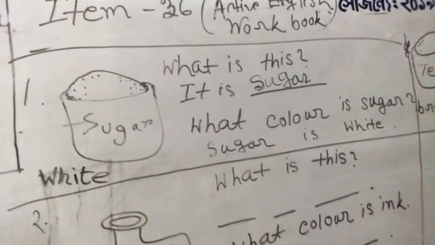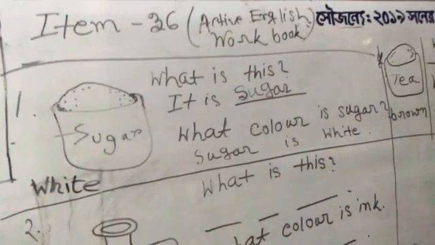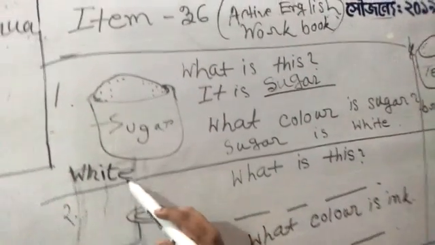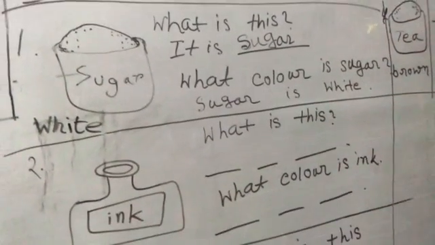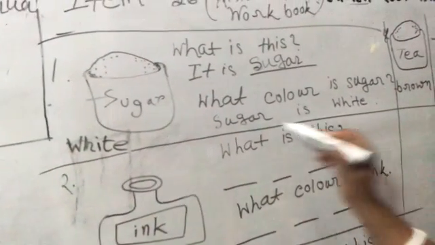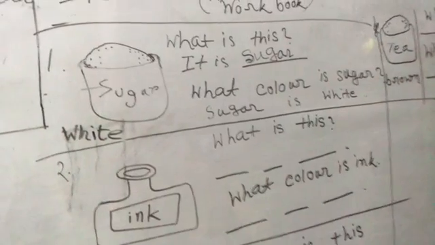As it is mentioned here that the sugar is white, we can't write any other color. Okay, we have to put down whatever is written in the box. We have to put it down rightly. So here the color of the sugar is white. So you have to write: sugar is white. That's already been given here. So it's done for you.